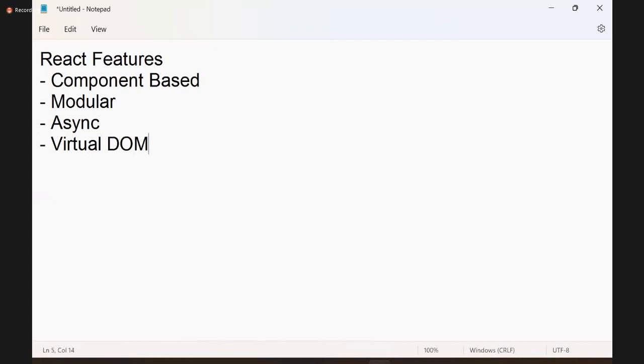So we need to understand this in detail now. What is the concept of virtual DOM? I will tell you in detail. For that, every React developer must have good knowledge of this, because this is the key feature of React. This is the key concept of React. So actually, for that first you need to understand